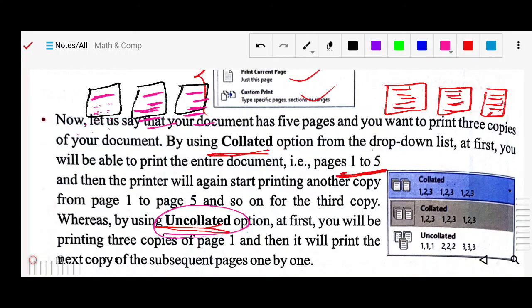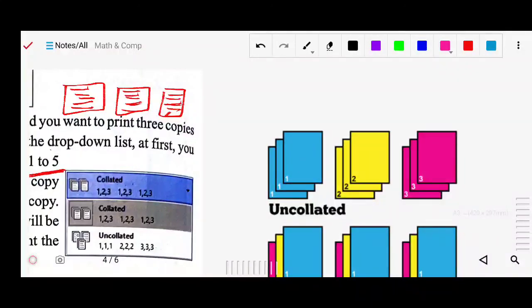This is your uncollated. You can see it here also; you will understand better. First, this is the uncollated: all 3 sets, 3 copies of the same page, will be printed.